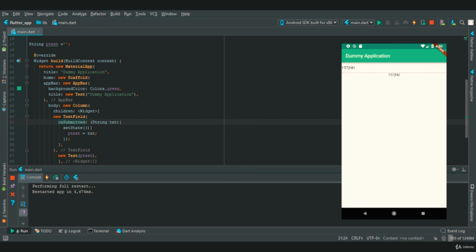Now the next property that we are going to talk about is the decoration property. In decoration, you can provide a label, you can provide a placeholder, and you can provide many things. The first thing that we are going to create is a placeholder for the text field using new InputDecoration,